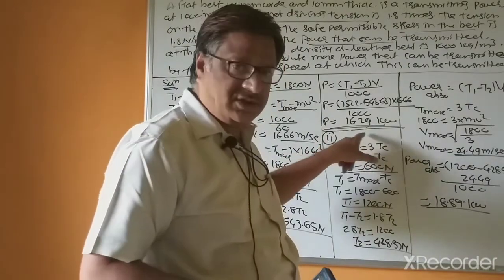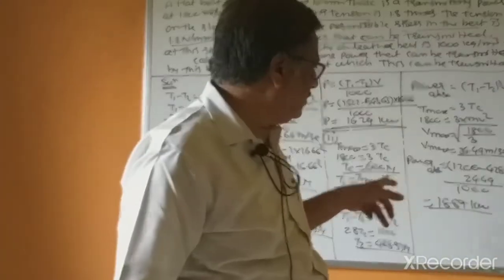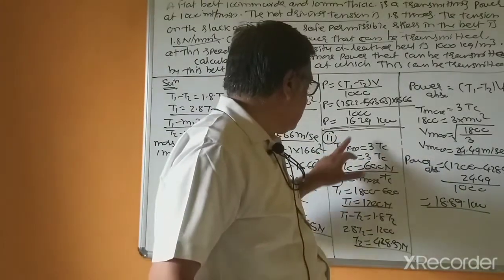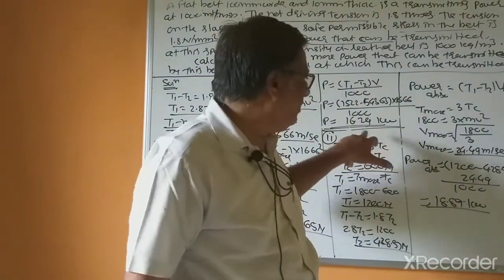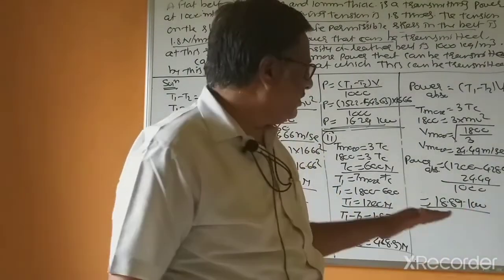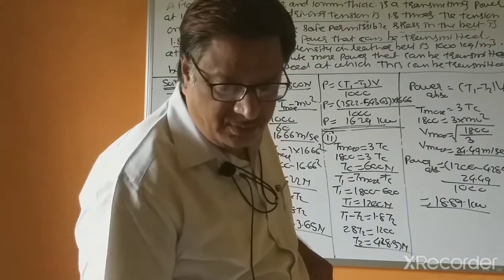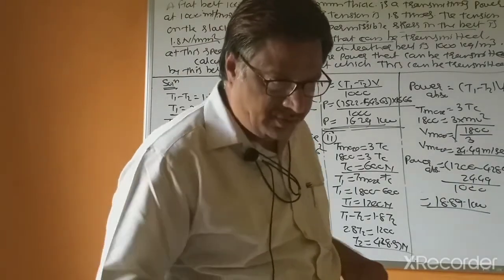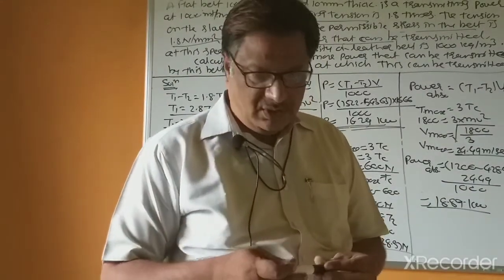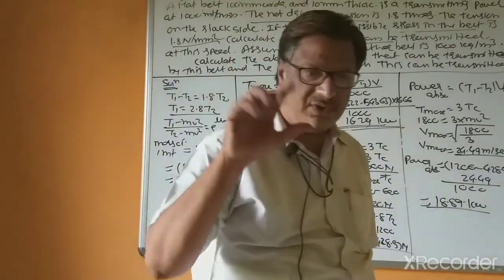So as per the considerations, because here we applied only T1 as the tension, the power transmitting capacity of that belt equal to 16.29. This is the maximum power transmission capacity, that is equal to 18.89. Due to limitations of time, today I stop here and we will continue the remaining portion, design of the V belt drives, in the next class. Thank you.